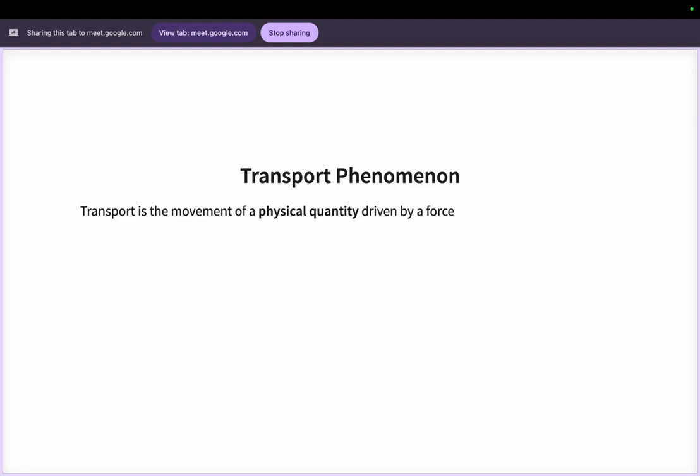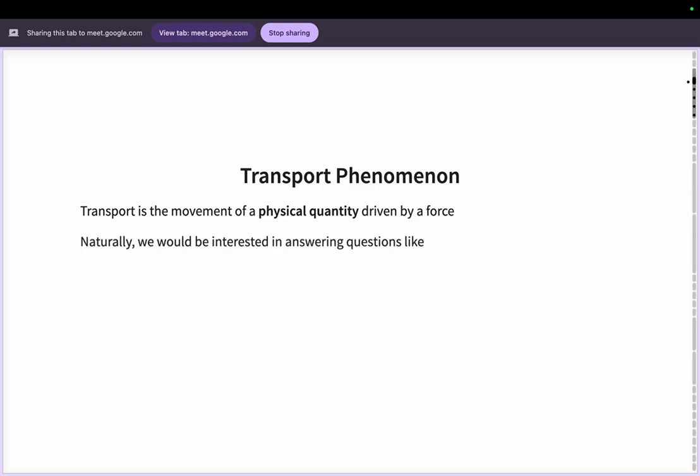Yeah. So starting out with transport phenomena, in general, we say some physical quantity is given a force so that it moves from one point to another. But the questions we will be answering in this course are: what quantities can be transported? There are some quantities that can be transported and some that cannot. What are the things that are transported, and out of these, what quantities will we be studying